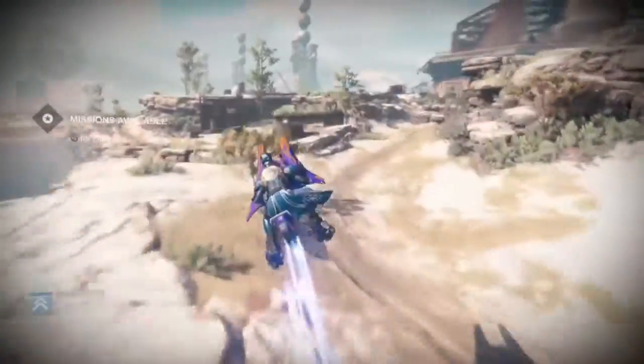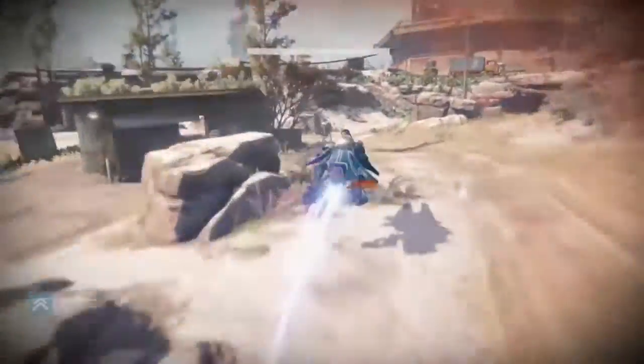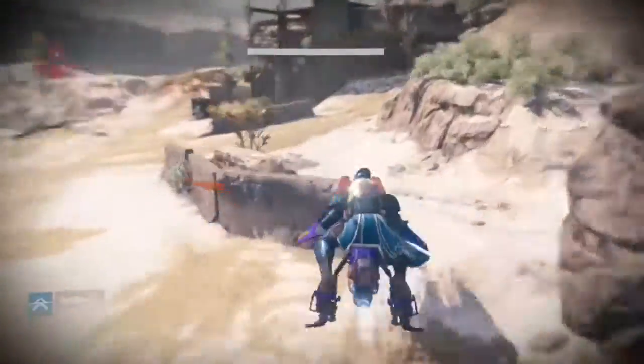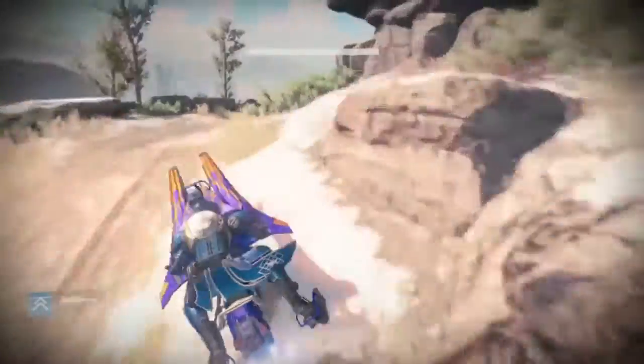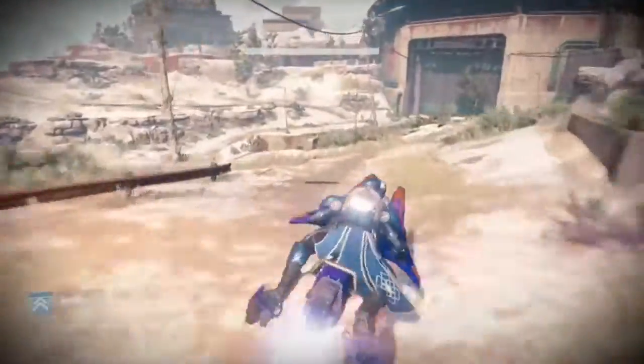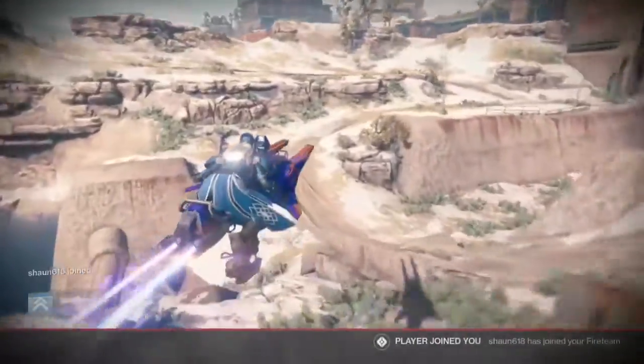Alright, this is for getting all 3 patrol missions done to unlock the new strike in the Dark Below. From the enter patrol on Earth, immediately go left on the Sparrow, and you're going to be going